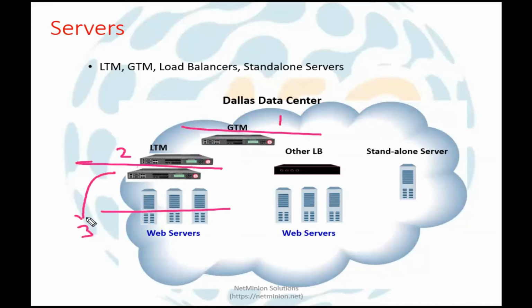For layer 2, the layer 3 devices are the servers. For layer 1, the layer 2 devices are the servers. But why have you written GTM, LTM, load balancers, standalone servers? Where? Earlier the GTM will come. Okay, let me tell you, GTM can also use dedicated